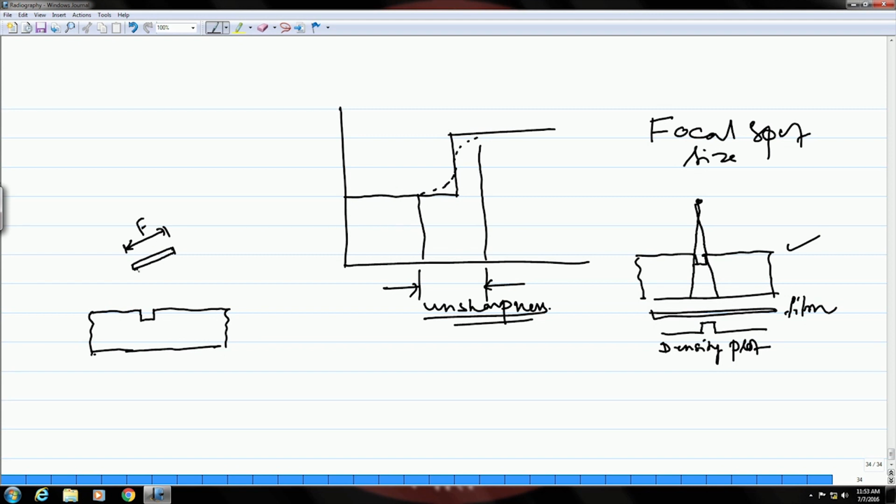So, now the X-rays will come from different points. Let us say we will just take up 2 points from here and from this point also for this boundary. Similarly, for the other boundary from this point also it will come, and it will come from the other points also like this. Okay. And as a result of that, when you see the density plot on the film,